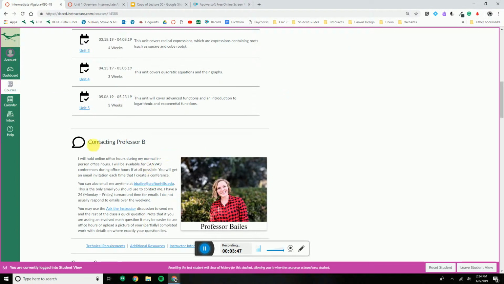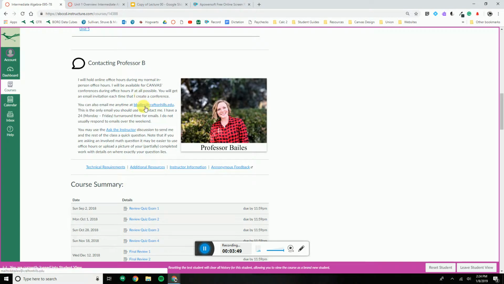At the bottom, you'll see information for contacting me, including my email address. So this email address, using your student email account or the inbox over here on the left, are the 2 ways that you should email me. If you email me from your private account, like my name at gmail.com, it will often end up in spam, which means that I will never get it. So please use your student email and this email address, or just the inbox on the left to send me